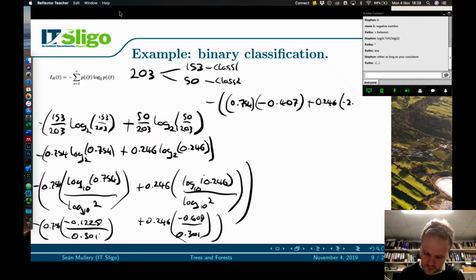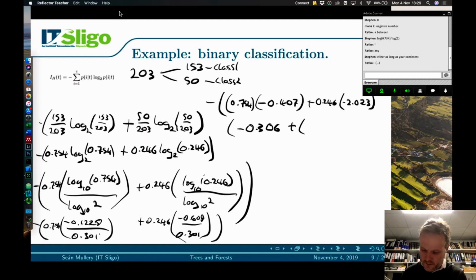Minus 2.023. Okay, and I think I stopped at that point. I didn't actually work it out. So 0.754 multiplied by 0.407. So I'm seeing minus 0.306, and